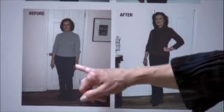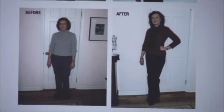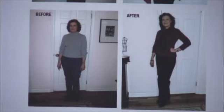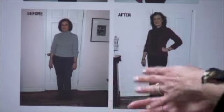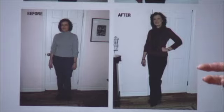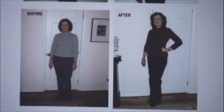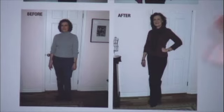And the jeans that she's wearing, she's wider at the hips, this particular client. So by wearing a pair of pants that go all the way down tight to the ankle, all she's managed to do is accentuate the width of her hips to make them wider. Okay. A little tip I give my clients is